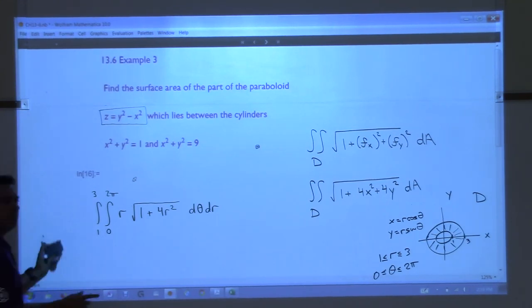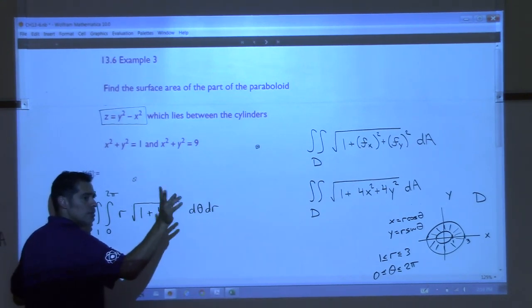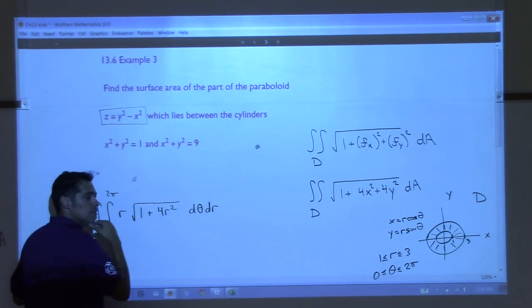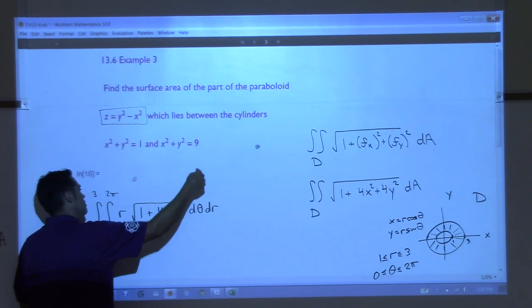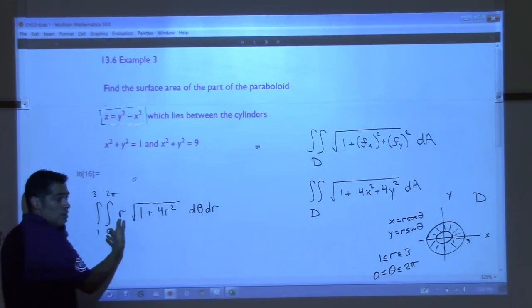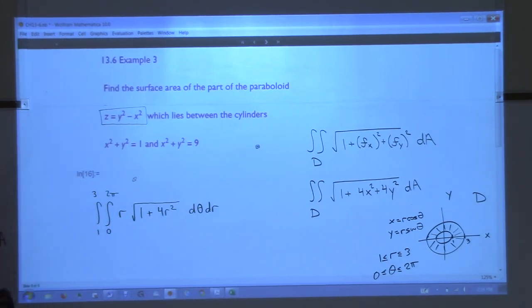Shouldn't be too bad, but still. Is there a question, Danny? No? You're okay? Because when we do theta, there is no theta here. So we'll have a theta appear, and then we'll do 2 pi minus 0. So all it's going to do is throw a constant out front. So it won't be too bad. In fact, if you really wanted to do this,